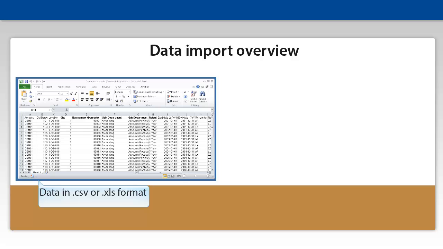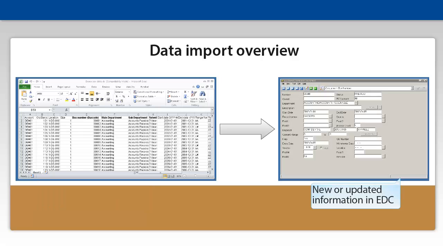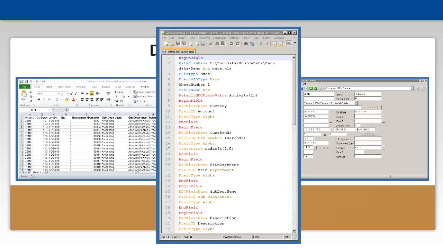To start, we will need good data in CSV or XLS format. There are a number of steps that we can take to ensure the quality of our data prior to import. Our desired end result is new or updated information in EDC. We accomplish this using an import description file, which tells the system what information to put where and how to